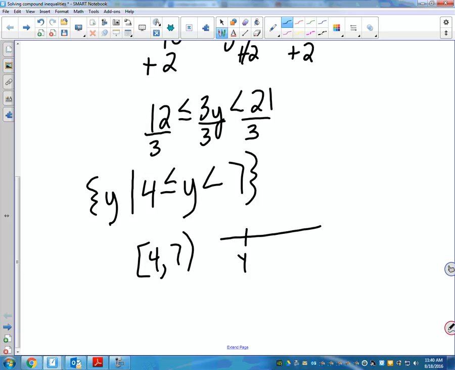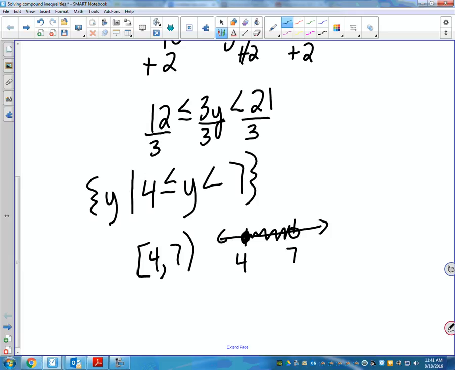4, and 7. And because it is included, that's a filled-in circle. 7 is not included, it's an open circle. And it kind of just verifies that that's true. Everything less than 7, that's bigger than 4. And again, if you read it like this, it does say y is greater than or equal to 4. But we just have it switched around to type. So